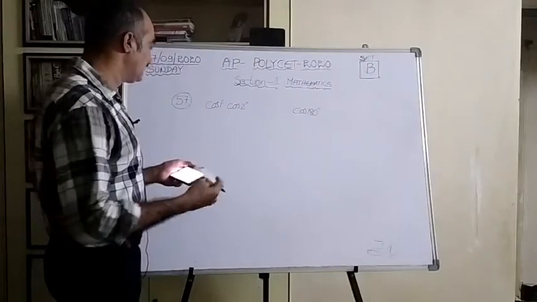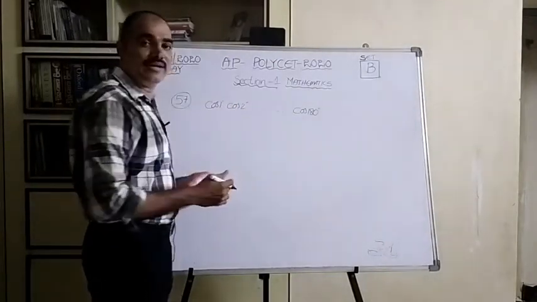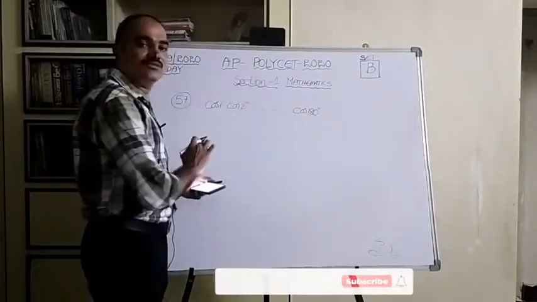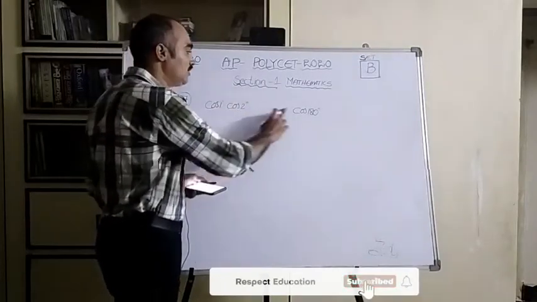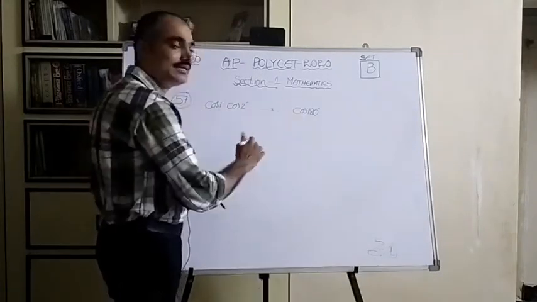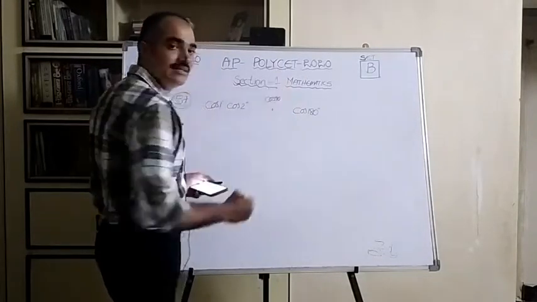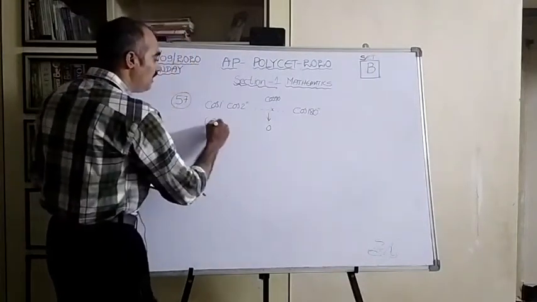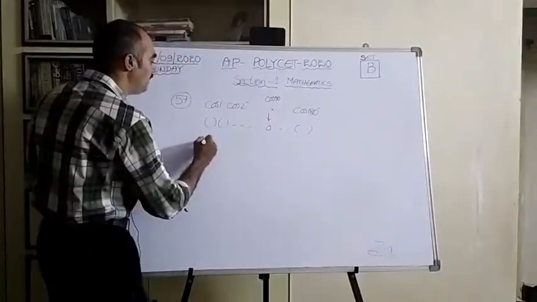The question is that the value of cos 1 degree into cos 2 degree into so on cos 180 degrees is dash. In fact, we need not find any of these values. See here, simple logic. Cos 1 degree is there, cos 2 degree is there, cos 180 is also there. In the middle, 180 numbers are there, but among them cos 90 degrees is also there, right? But cos 90 degree value is 0. So whatever value we get here, this entire value is multiplied by 0. So ultimately you will get the answer 0.